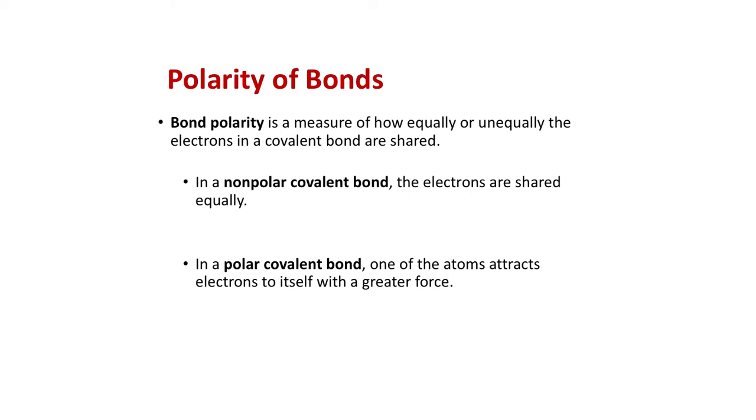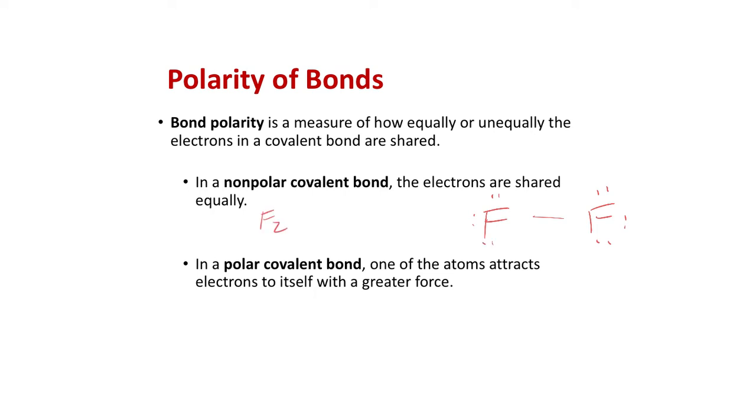Okay, so let's talk about bond polarity. So let's talk about the difference between a polar versus a non-polar bond. And so we can contrast this also with ionic bonding. So if we look at a non-polar bond, it's where the electrons are shared equally between the atoms. So what that would mean is if we take a fluorine molecule, like an F2,